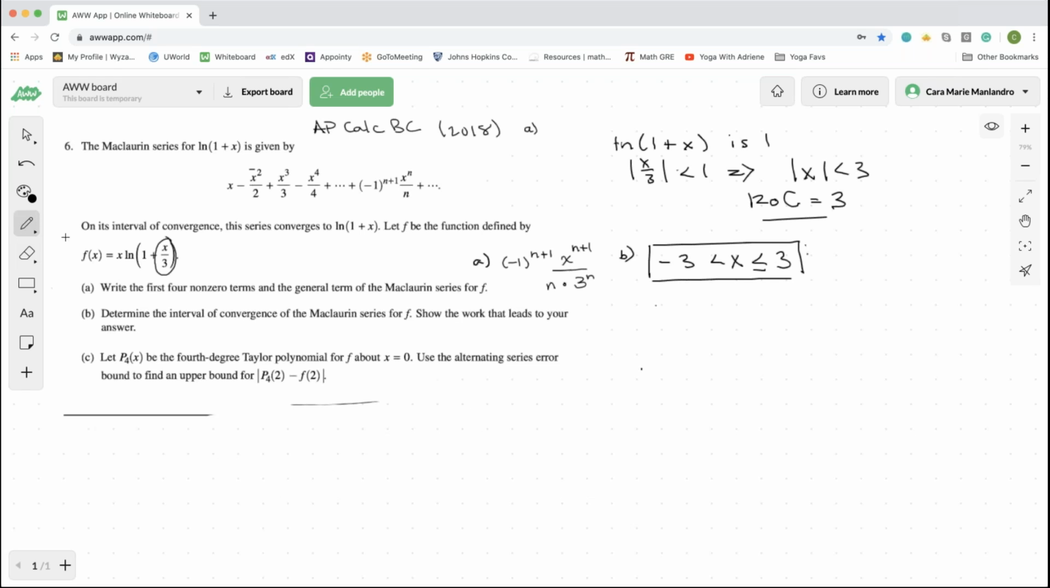All right, so let P4 of x be the fourth degree Taylor polynomial for f around x equals 0, and we're going to use the alternating series error bound to find an upper bound. Okay, so the concept here is that your P4 of 2 minus f of 2,